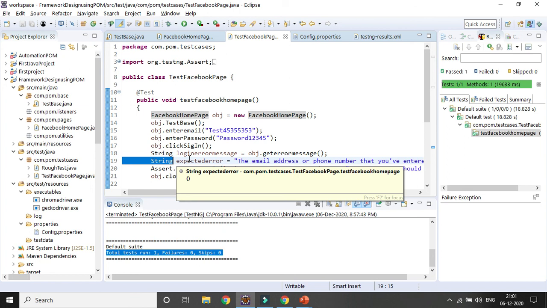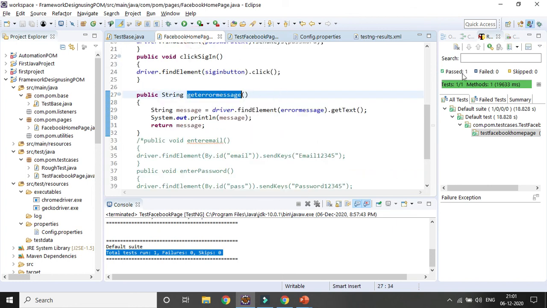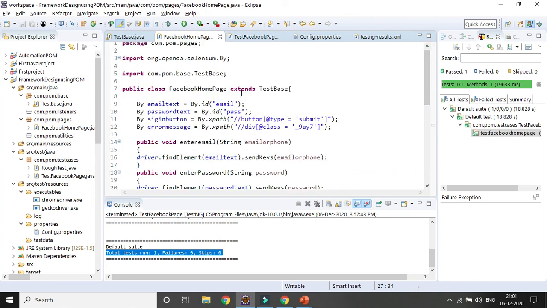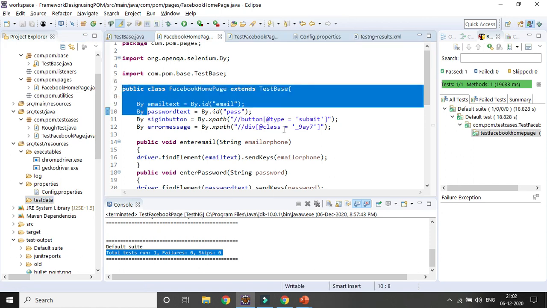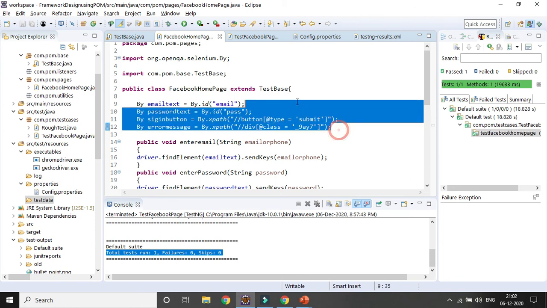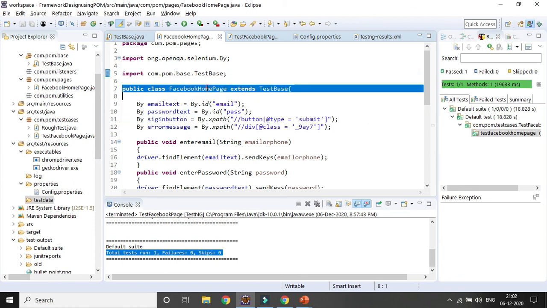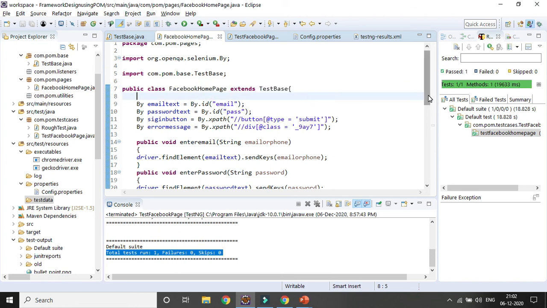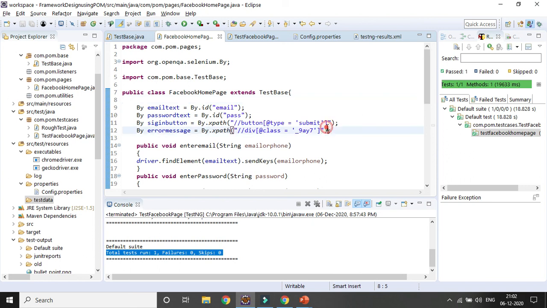Also here we are not hard coding the value, but passing it through a parameter. In the coming session you will see how we can get the data from an external source called test data, where I will create some Excel files and read the data from them. So session by session I will include one or two more things and build the complete framework with the help of the page object model design pattern. So that's all for today's session. Thank you.